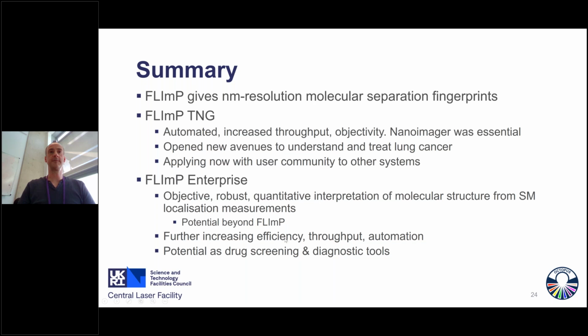And we think we've got room to further increase our efficiency and automation, and the potential of FLImP as a drug screening diagnostic tool. So